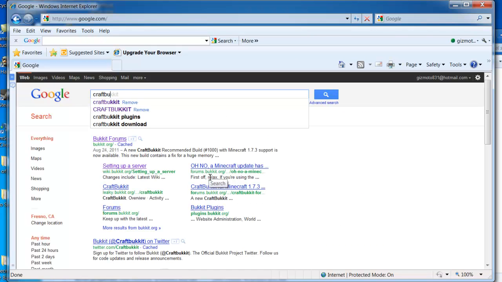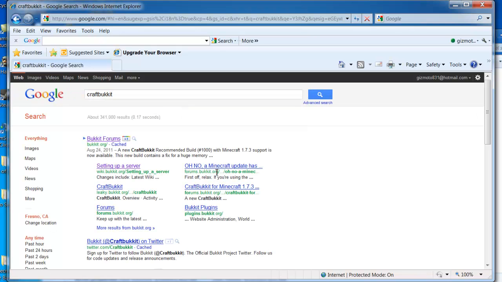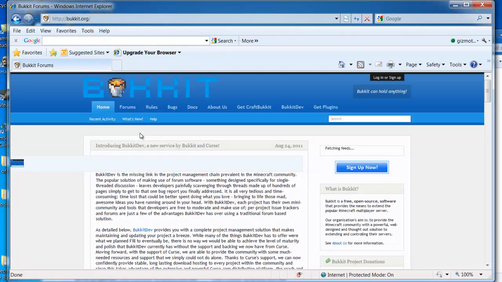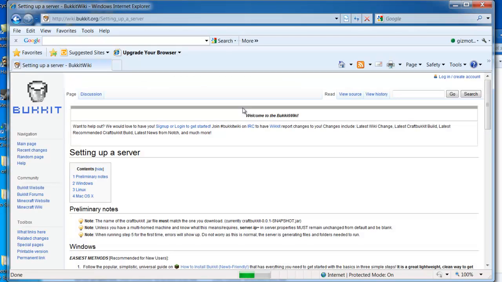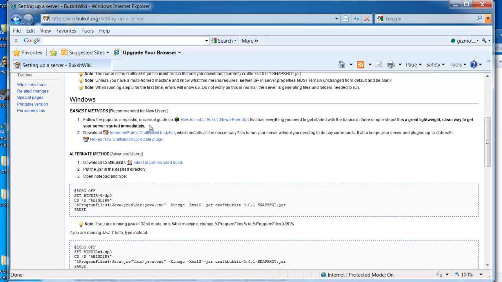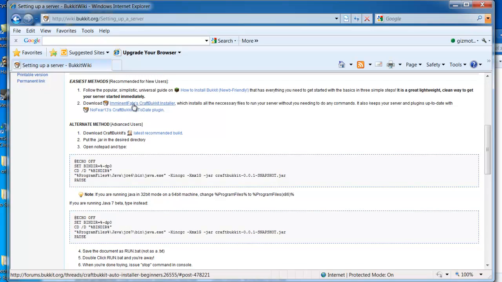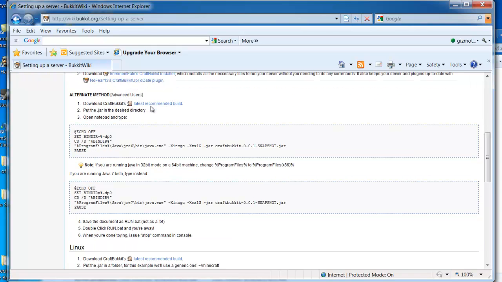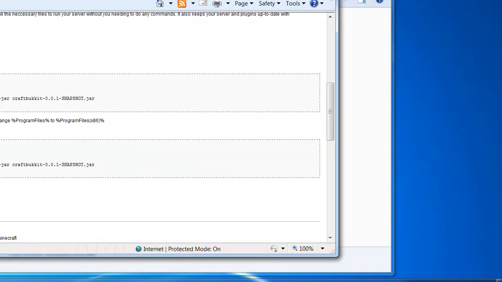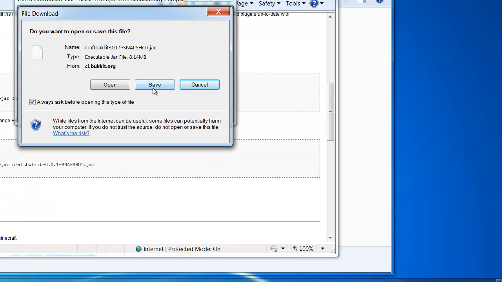You just go to Google and type in CraftBukkit, just like that, and see this main one right here, CraftBukkit forums. Just click that. This is the main website, and then you click on Get CraftBukkit, and this is basically where you get your CraftBukkit. There's a download here for noobs. This will have like all the files. You can look into that some more. I'm not going to go over this, but the one I usually get is this one for more advanced users, and it's basically just download the latest recommended build. So what you do is just download it, save it somewhere,